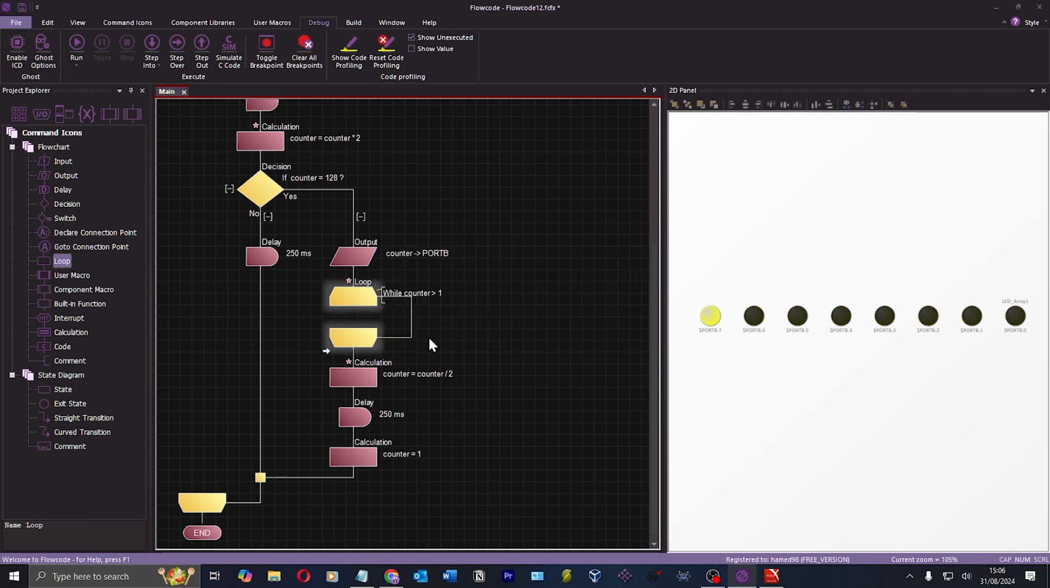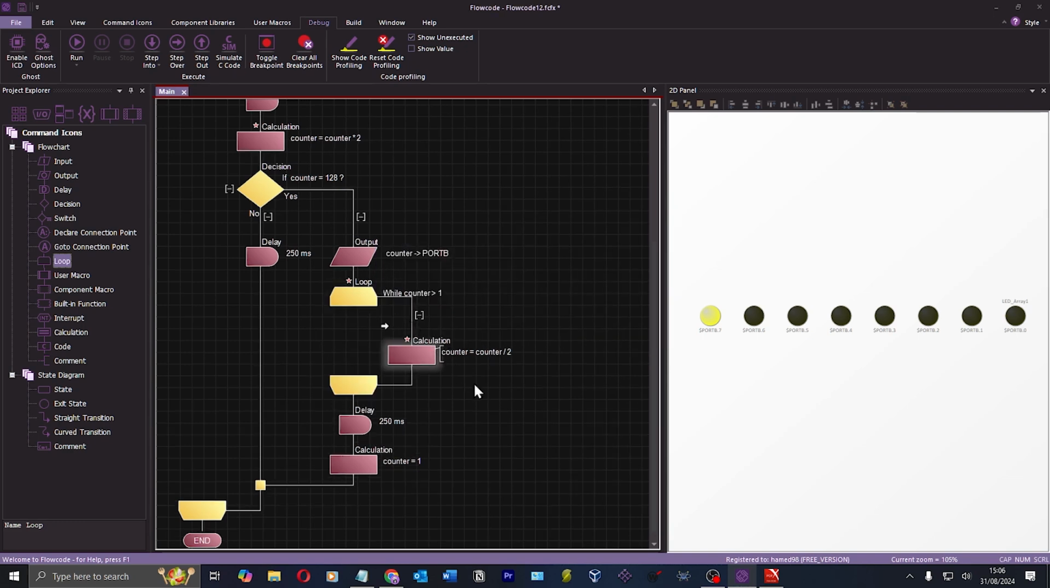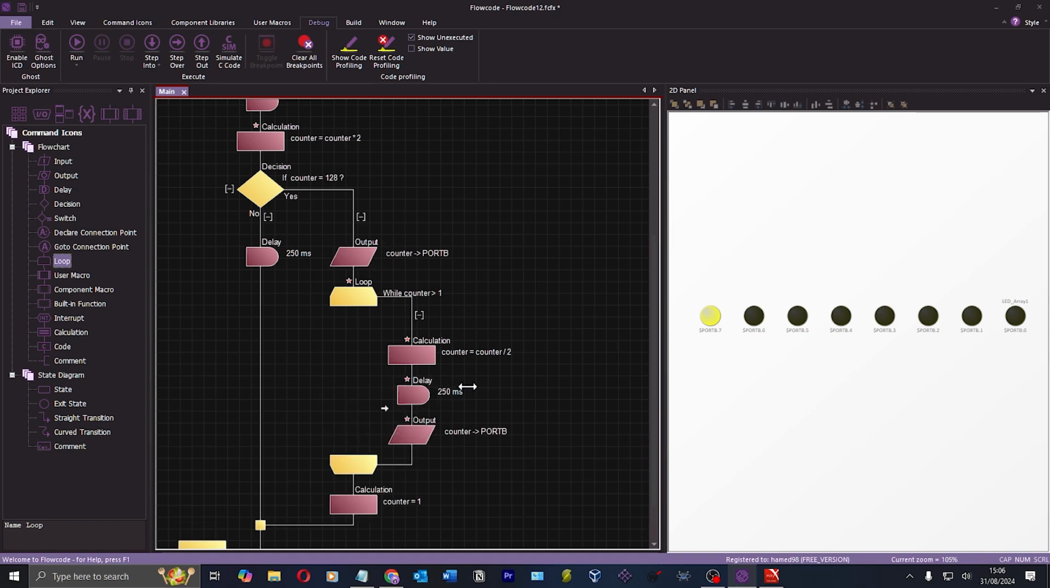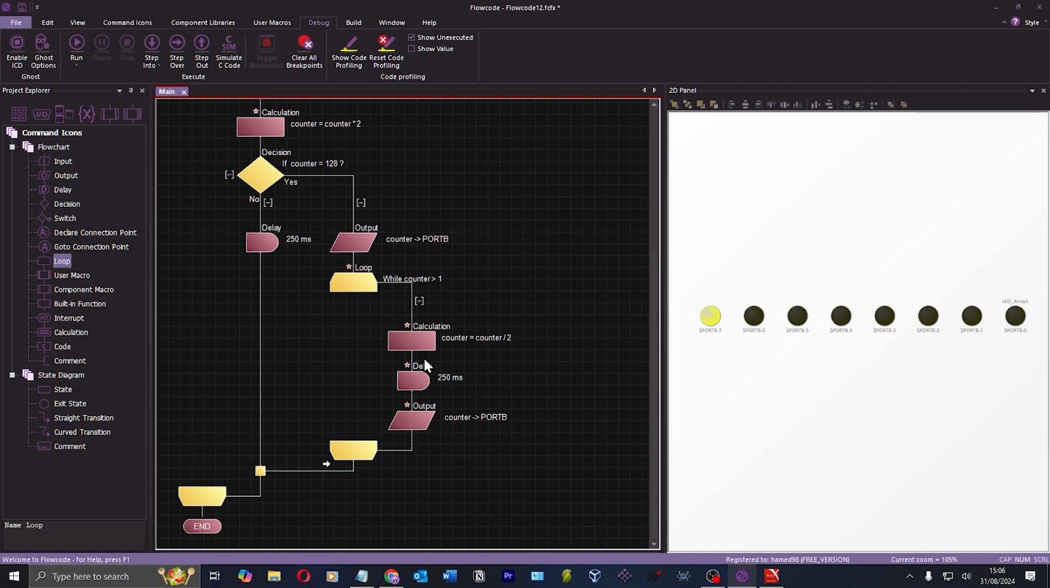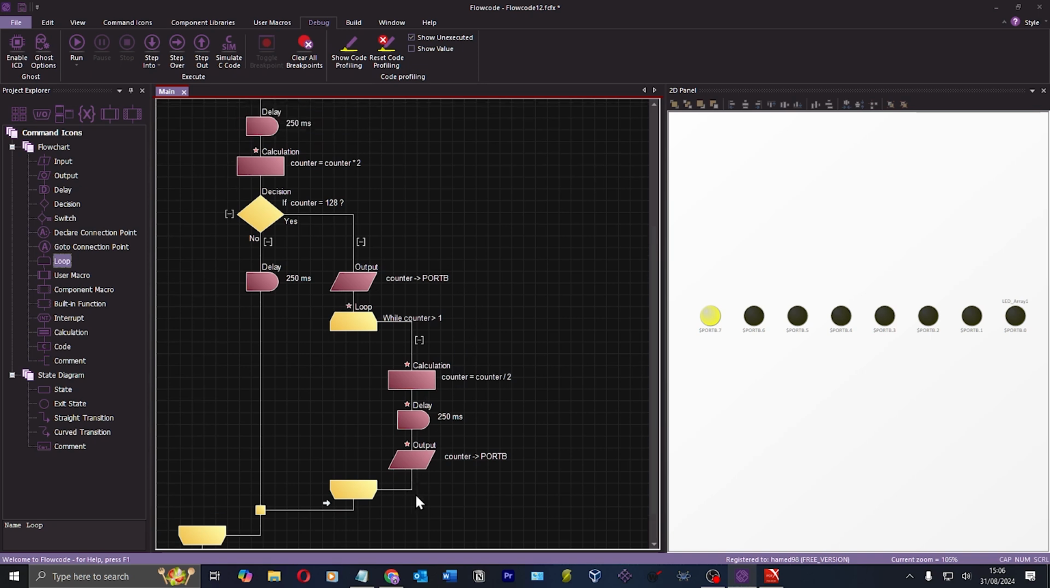So whilst counter is greater than 1, then divide the counter by 2, wait 250 milliseconds, and write that to the output. This is going to be a little bit janky. And then when that stops being true, I don't even need to set the counter back to 1, I don't think. So let's delete that, because then the counter becomes 1. So once the counter is now 1, it breaks out of this loop,